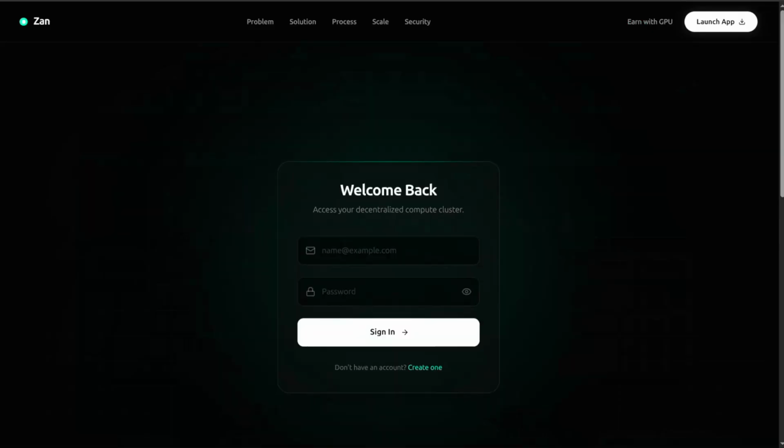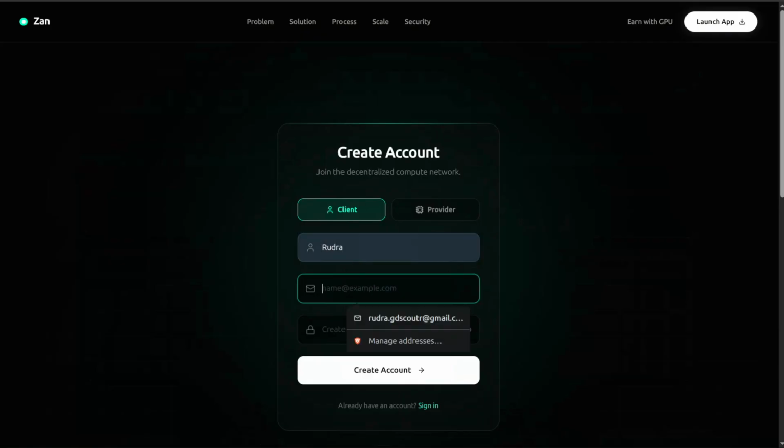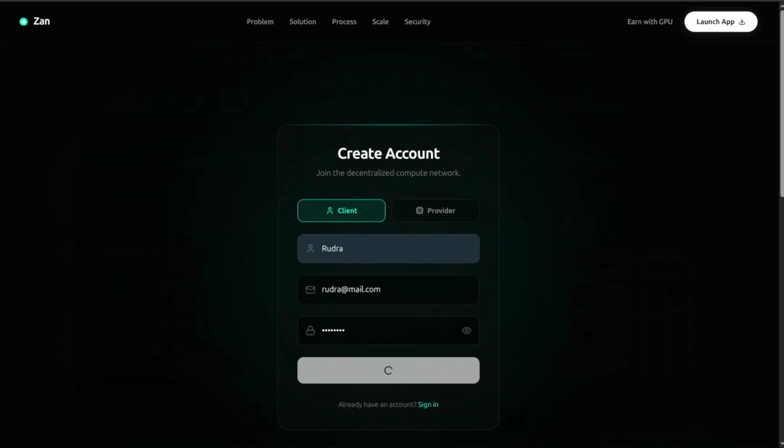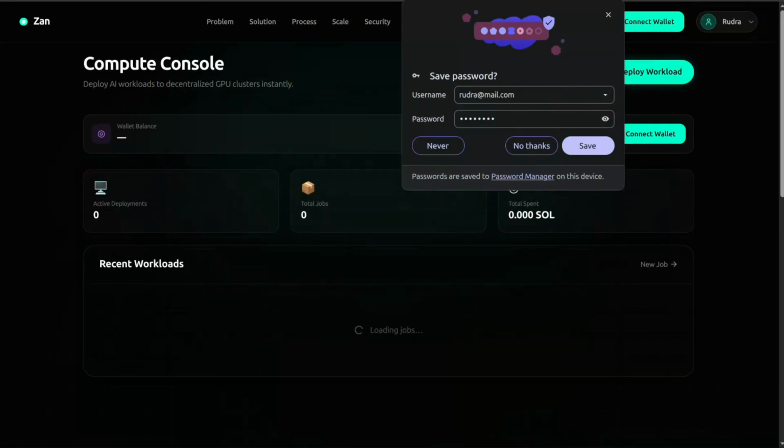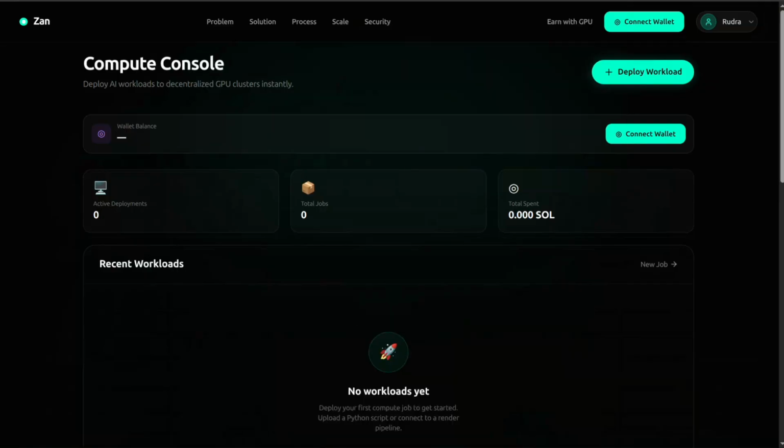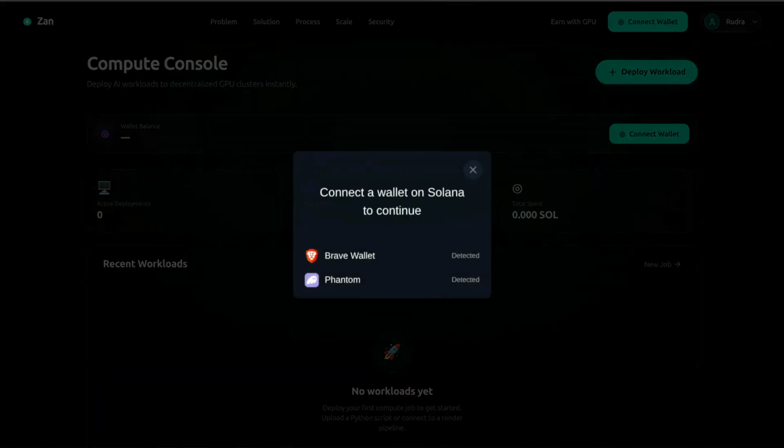So the client will need to register and log in through their email and password. So here I registered, then created a new account. Then after creating their account, they will need to connect their Solana wallet similarly. So pressing connect wallet, selecting the Solana wallet,